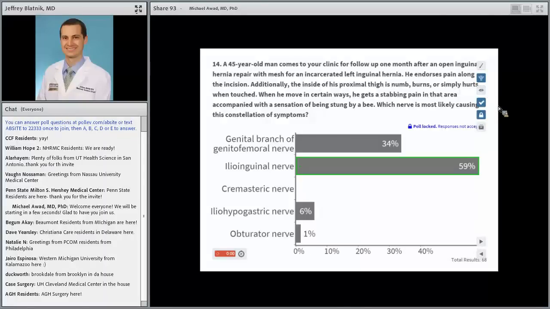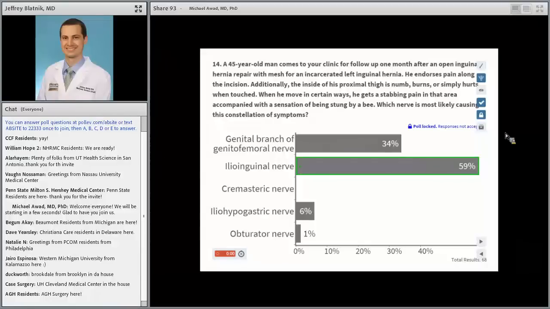So correct, ilioinguinal nerve is what they are describing here. This is an area that's kind of affected by either sutures, mesh, or scar, and would provide symptoms along the inguinal ligament to the inner thigh and the medial groin. The genital branch of the genitofemoral usually is the anterior scrotal skin in males or the mons pubis in